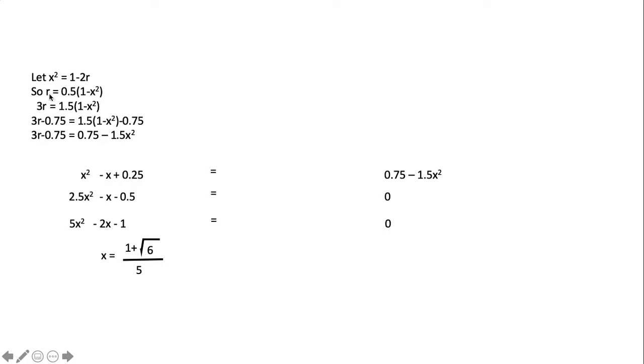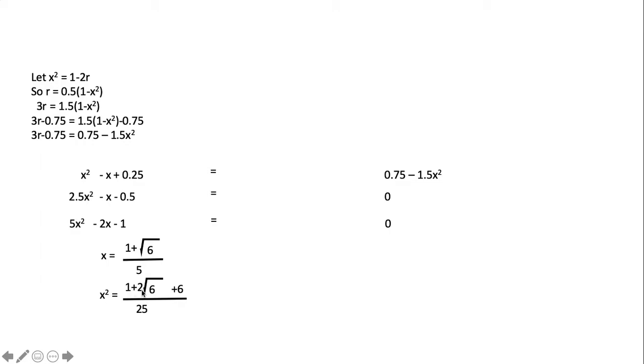I want to know what r is, because r is the radius of the circle I'm trying to figure out. And I know that x squared equals 1 minus 2r, so I can use that relationship to get this back to an answer that's something with r. Okay, so x squared is that. So I just squared the bottom to get 25, and I multiplied 1 plus root 6 by itself to get